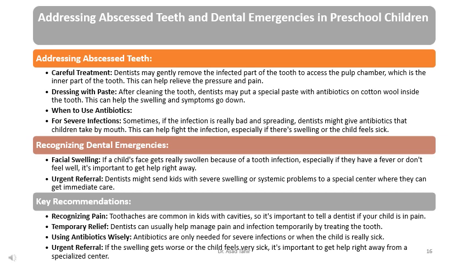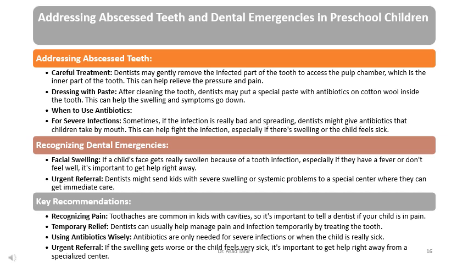Key recommendations. Recognizing pain. Toothaches are common in kids with cavities, so it's important to tell a dentist if your child is in pain. Temporary relief. Dentists can usually help manage pain and infection temporarily by treating the tooth. Using antibiotics wisely. Antibiotics are only needed for severe infections or when the child is really sick. Urgent referral. If the swelling gets worse or the child feels very sick, it's important to get help right away